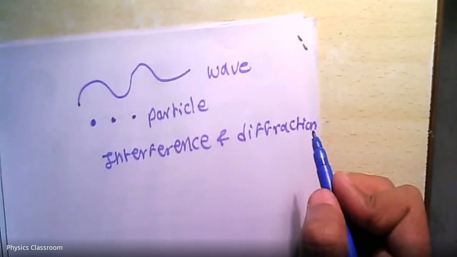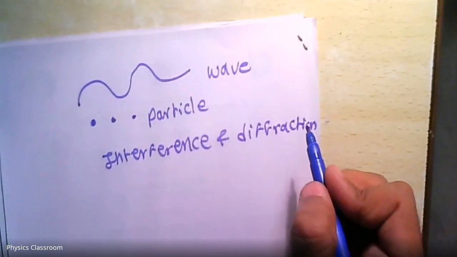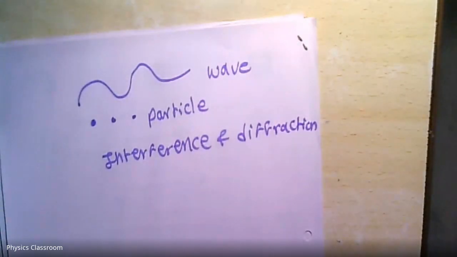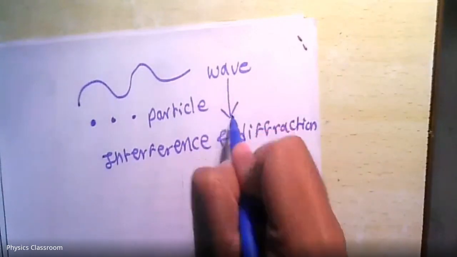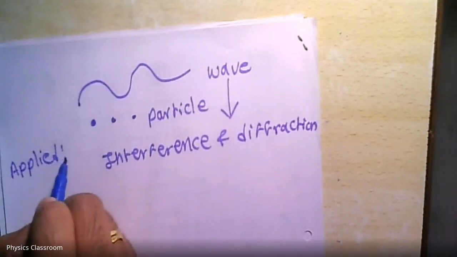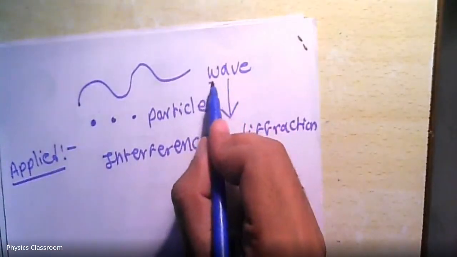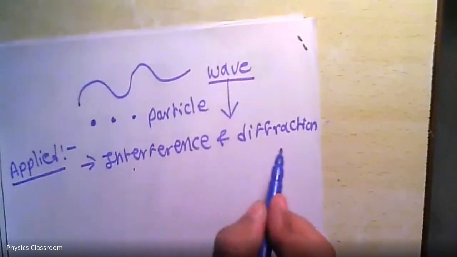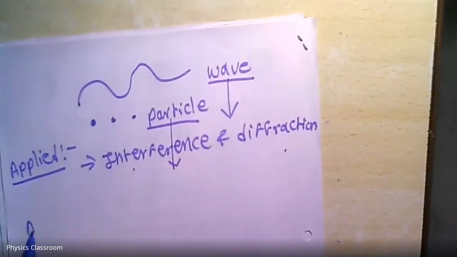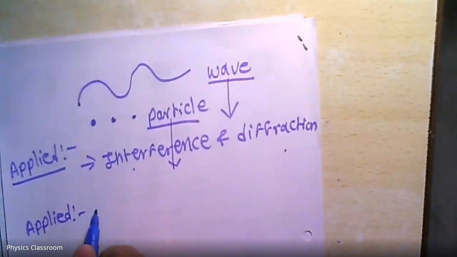The particle nature of light is applied for what? This is a very important question. Wave nature of light is applied for interference and diffraction. Then the particle nature of light is applied for what? For example,